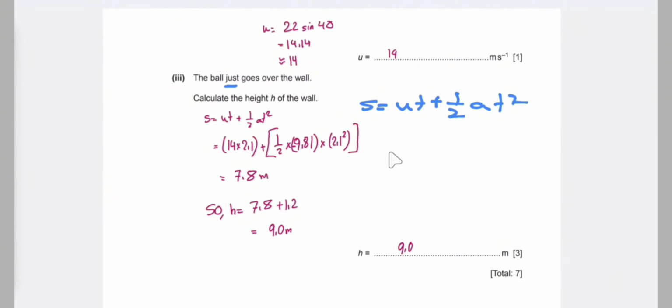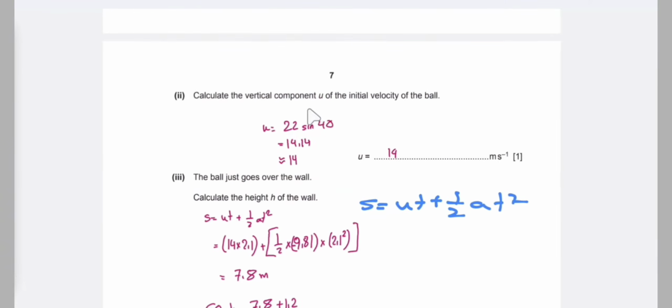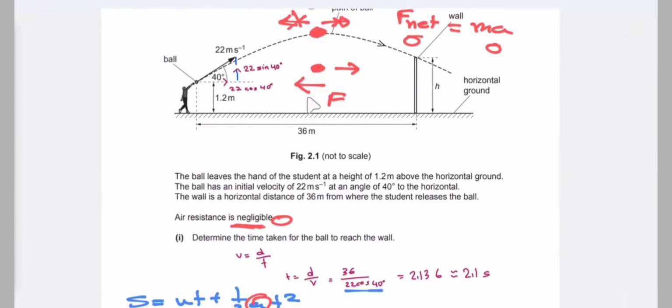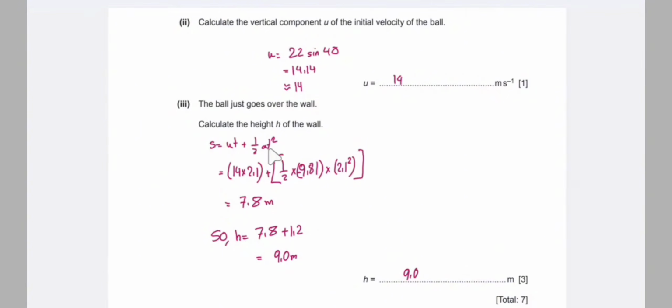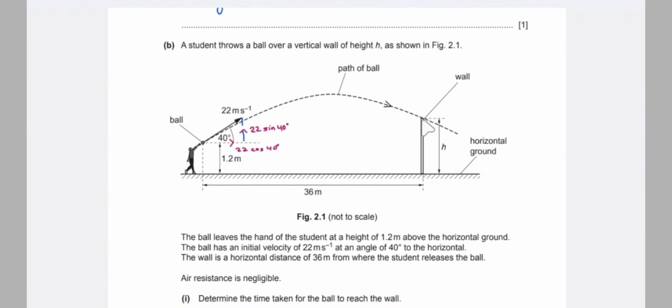Now for this part, that is the height. So s is equal to ut plus half at square. Now we need to calculate the value of vertical height. So for the vertical height, there is this vertical height. So we need to consider the vertical component of velocity,